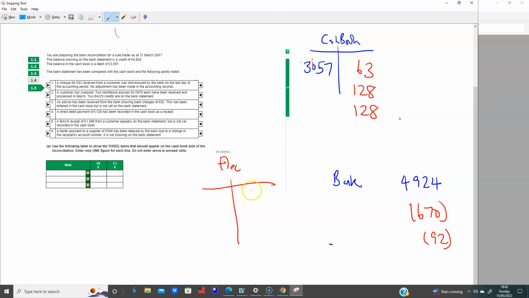What you should have had, depending on the kind of error, was 128. It's been recorded as a receipt. So who knows? Maybe you had something that looked like this. Let me just change my pen color just to give you context. So instead of putting 128, you've paid, technically you should have done this, 128, 128. What you ended up doing initially,